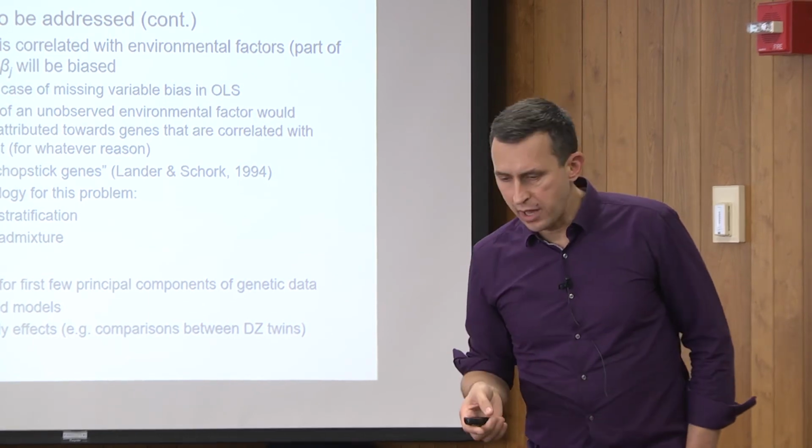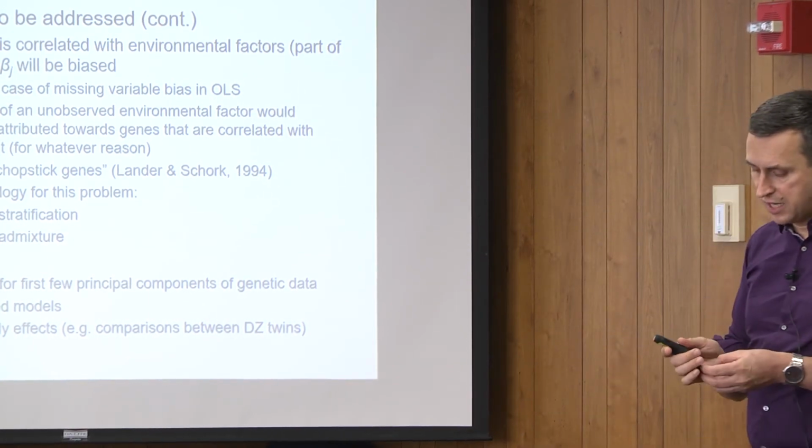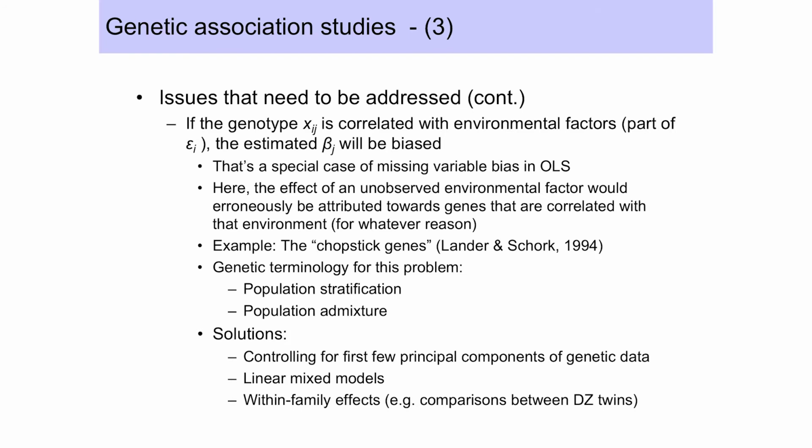One thing we really have to worry about is the possibility that our genetic information is going to be systematically correlated with specific features of the environment which are actually causing the trait, right? This would be a specific case of unobserved variable bias, where because we're not putting the environment into the regression, if there is an environmental effect that is correlated with the gene and that also is correlated with the outcome, it would lead to basically